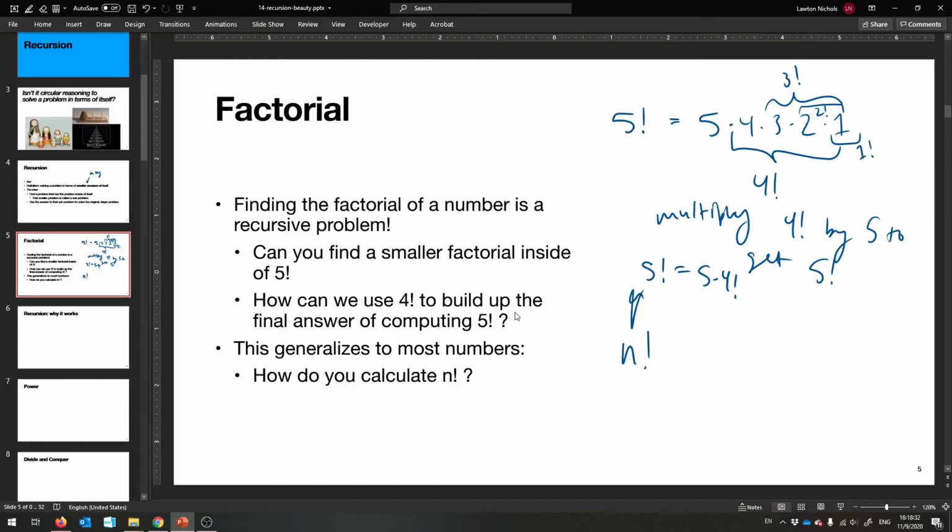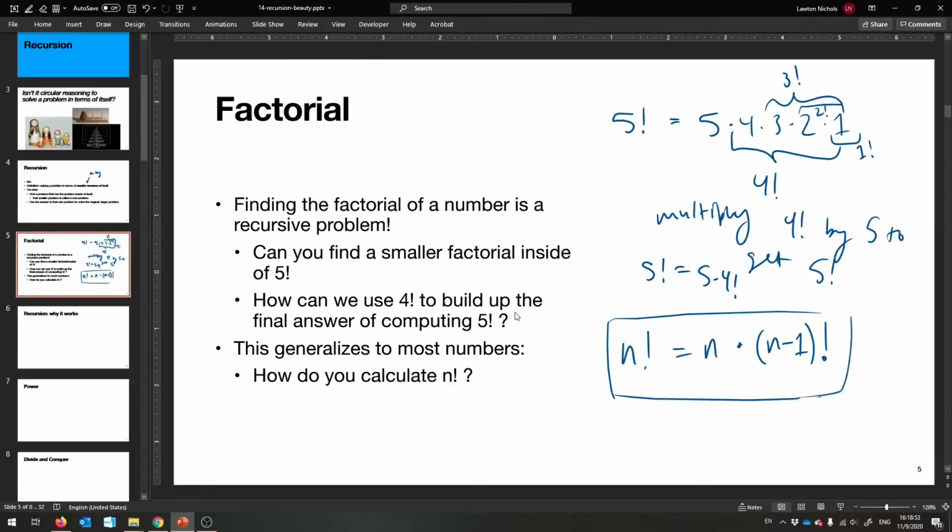Just pretend, okay, it was 5. So if n was 5, I'm going to multiply it by n again. So n factorial is n times what? How do we go from 5 factorial to 4 factorial? It's just, all right, take n minus 1 and find the factorial of that. You see that? So that is the definition of factorial in terms of itself. Okay, this is called a recursive case. So we've just defined the factorial problem in terms of itself. Okay?